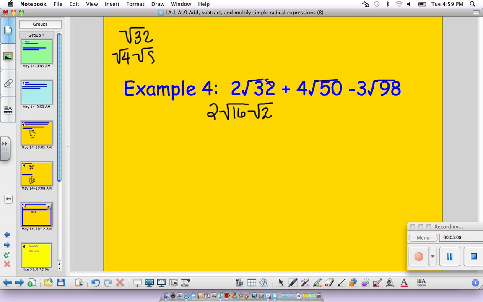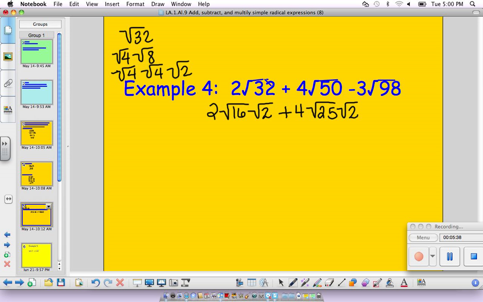But you would have had to break 8 down as well, and it would have cost us another step. See, it would have been the square root of 4 times the square root of 4 times the square root of 2. So always choose the largest perfect square possible. Now we're going to continue on, and this is 4 times the square root of 25 times the square root of 2